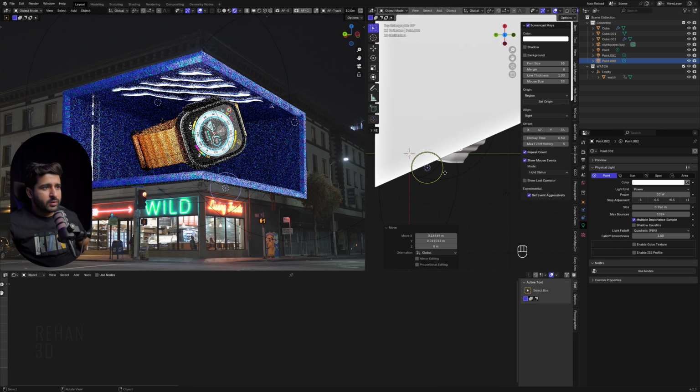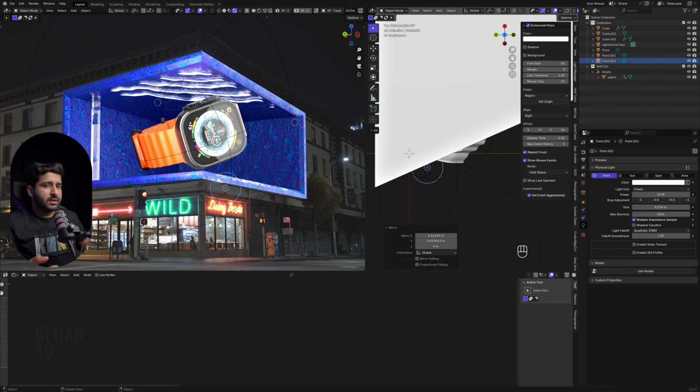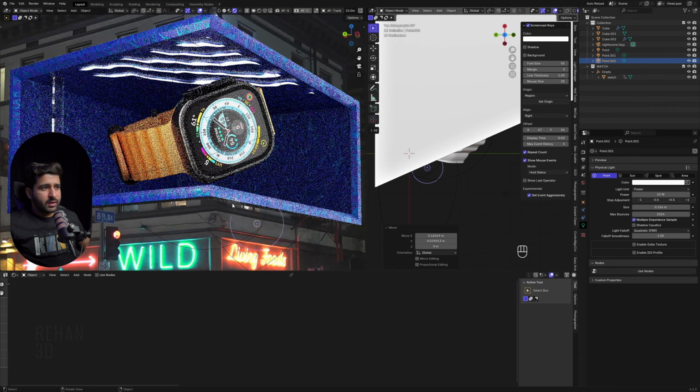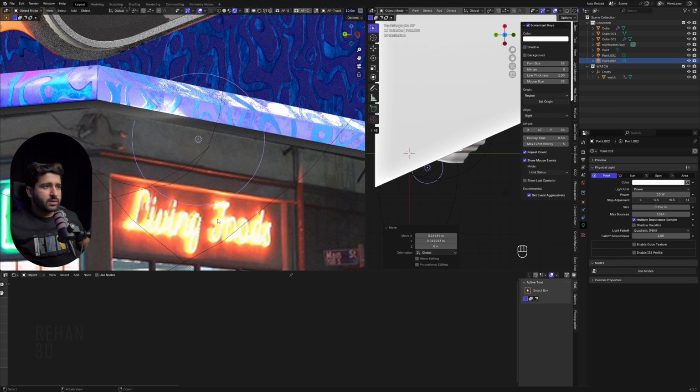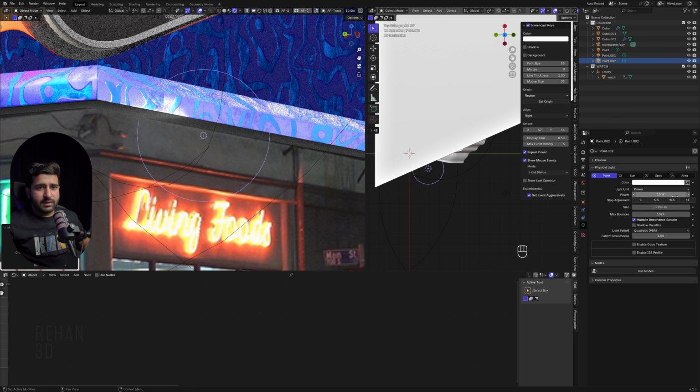I'm going to create a light to make this light have an effect on my building. As you can see, this lighting is glowing, as it should, and it's adding its effect on this building. I want to make this effect on this shape also, as this will add more realism to our scene. So select this red light and increase the intensity.